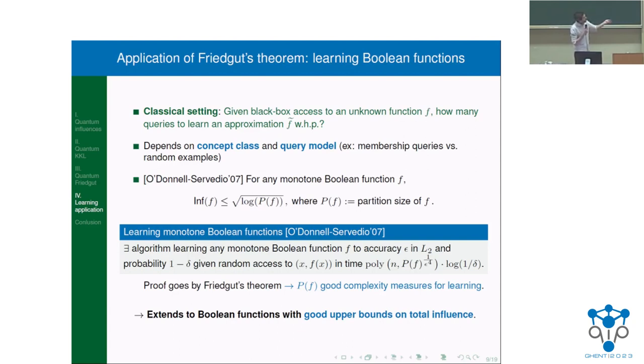So since this is polynomial in P of f, this is somehow telling you that P of f is a good complexity measure for learning such functions. And as I said, the proof really uses this classical Friedgut theorem. So the idea is quite simple now. We just want to find a quantum extension of this,